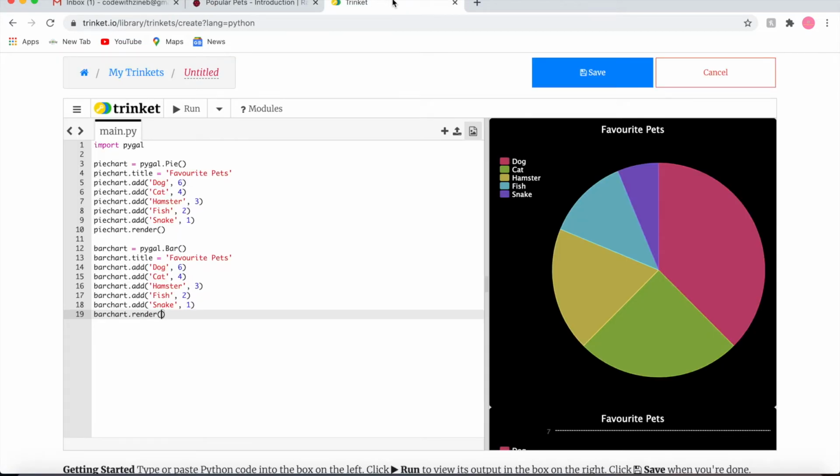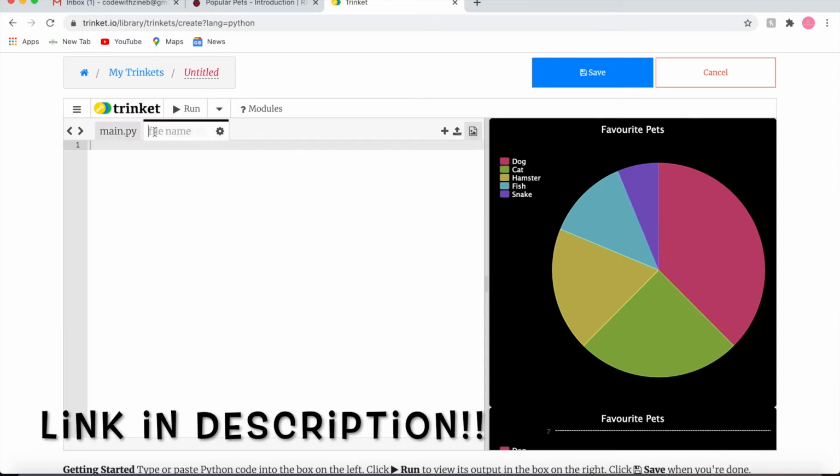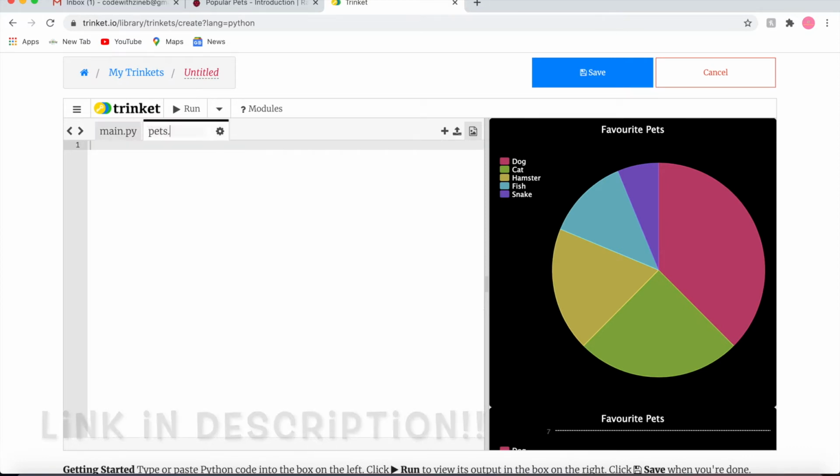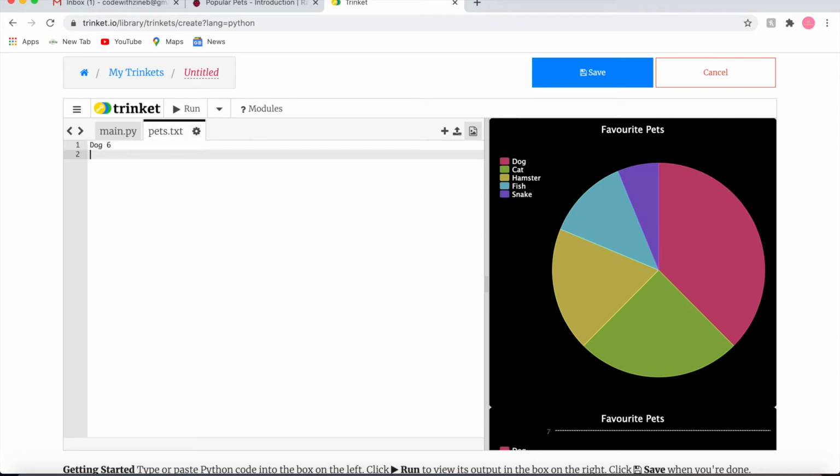So we did that in one of my previous videos, which was Team Chooser. Go check that out if you aren't really sure about adding files. So I'm just going to add a file here, and I'm going to call it pet.text. Now here, I'm going to write all the data. So dog 6, cat 4,